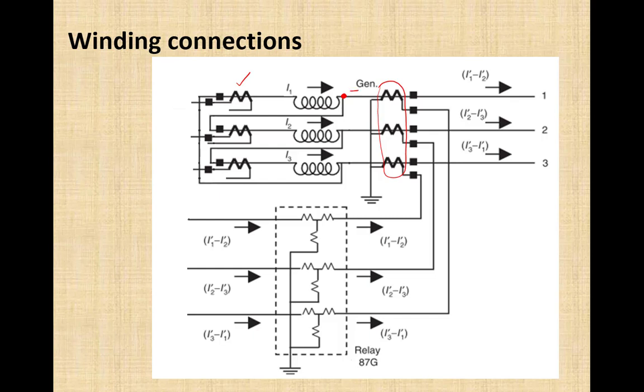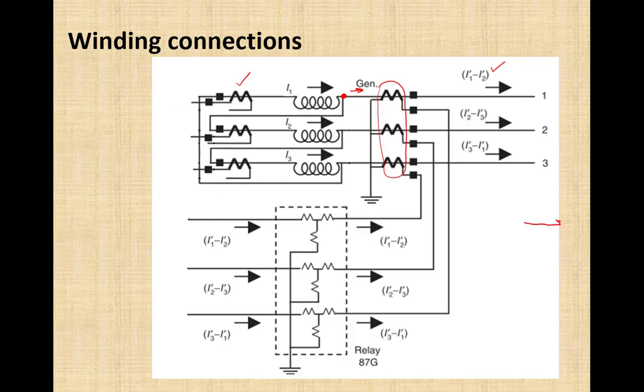The current which is flowing out here at this node is equal to I1 first phase minus I2 second phase. That is, this value I1 minus I2, meaning we are subtracting a lagging current from a leading current, so that is a leading delta. How is it a leading delta? Because this line current is like this.